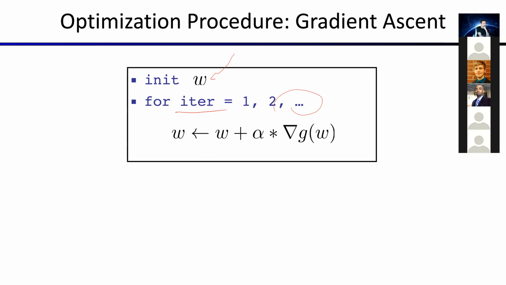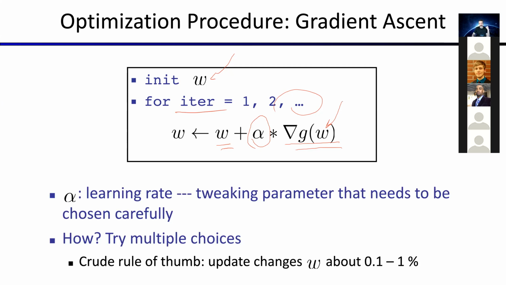We add to the initial weights, based on the learning rate, which could be a small amount, multiplied by the gradient of our objective function, g of w, at each point in the space of weights. So this is a very simple procedure, and for choosing the learning rate, we discussed that this is a reasonable choice,